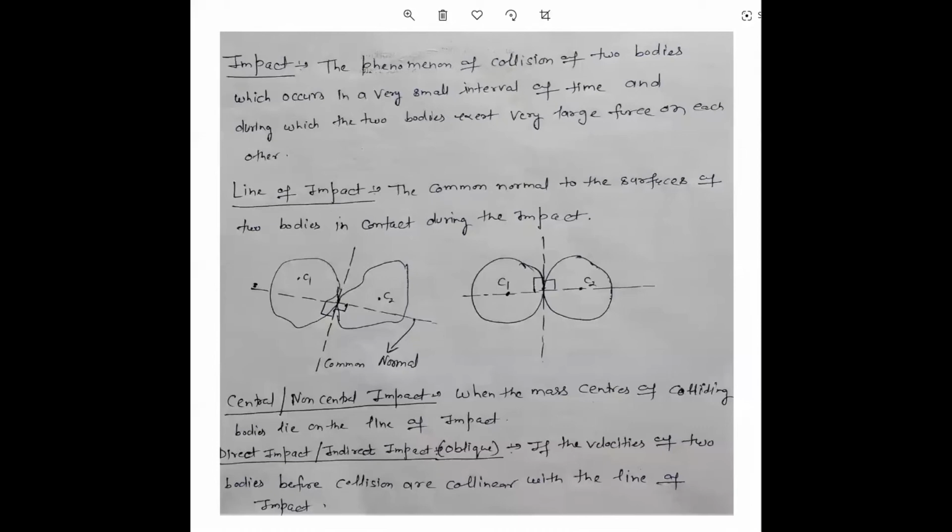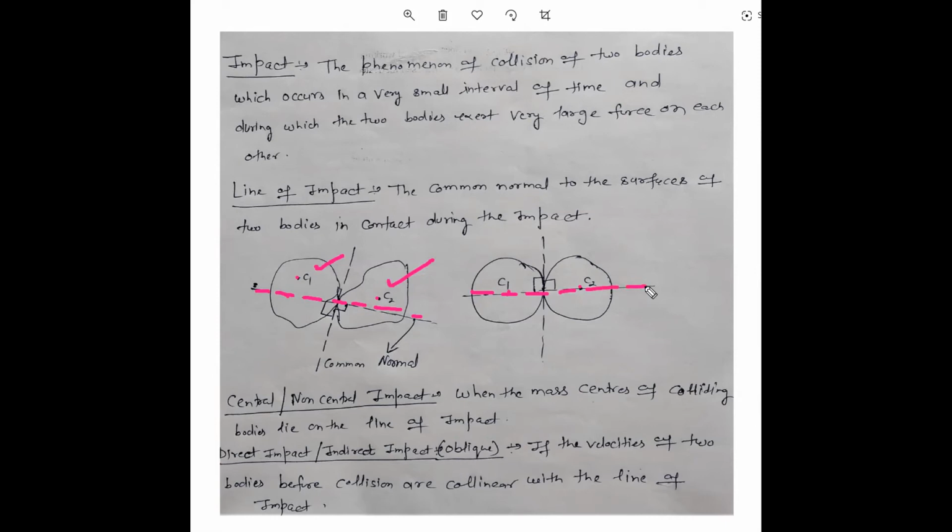Central and non-central impact. When the mass center, this is a mass center C1, this is a mass center C2. From the diagram, you can visualize that this C1 and C2 is not lying on the line of impact. यदि आपके डायग्राम में C1, सेंटर ऑफ मास ऑफ बोथ द बॉडीज या किसी एक बॉडी का भी सेंटर ऑफ मास इस लाइन ऑफ इम्पैक्ट के ऊपर नहीं है, on the line of impact, then we call it a non-central impact, so that is the example of a non-central. If this C1 and C2, mass center of these two bodies, lies on the line of impact, तब हम उसको सेंट्रल इम्पैक्ट बोलते हैं।